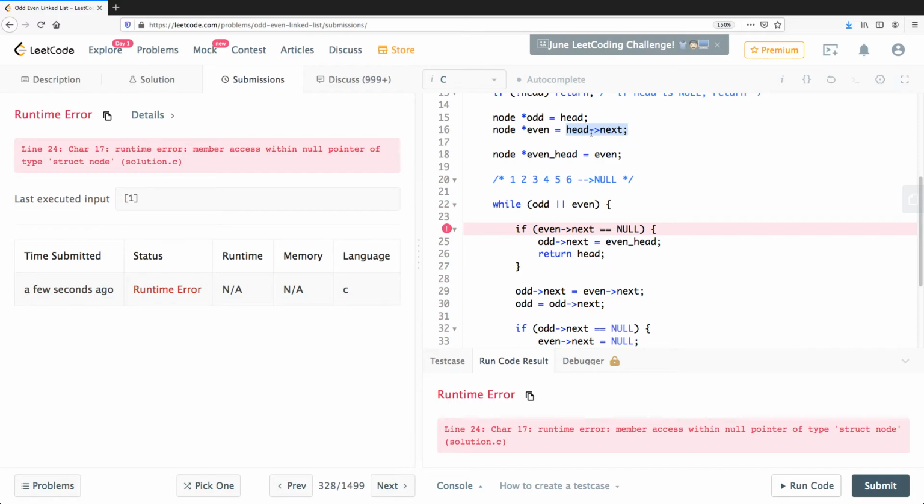Head next is null, that means even is null. And we are dereferencing, so we have a null pointer dereferencing issue on line 24, and no wonder we are running into this problem. And how we can solve this problem is that